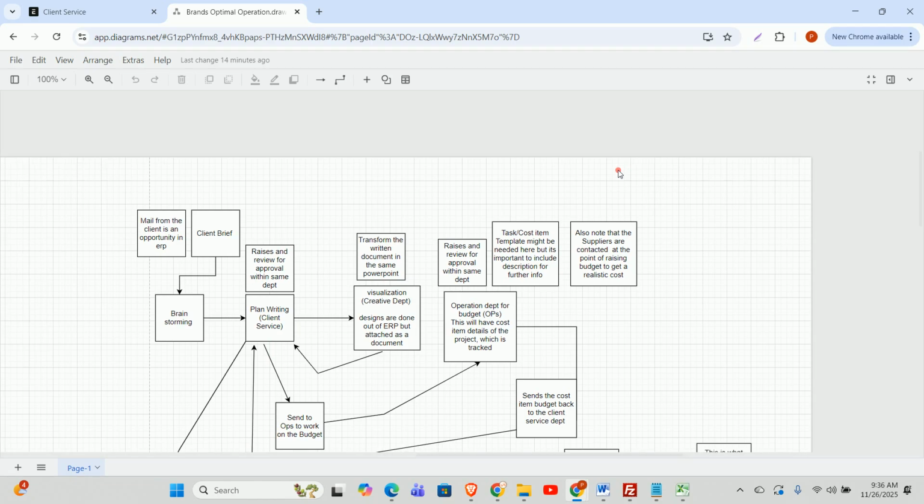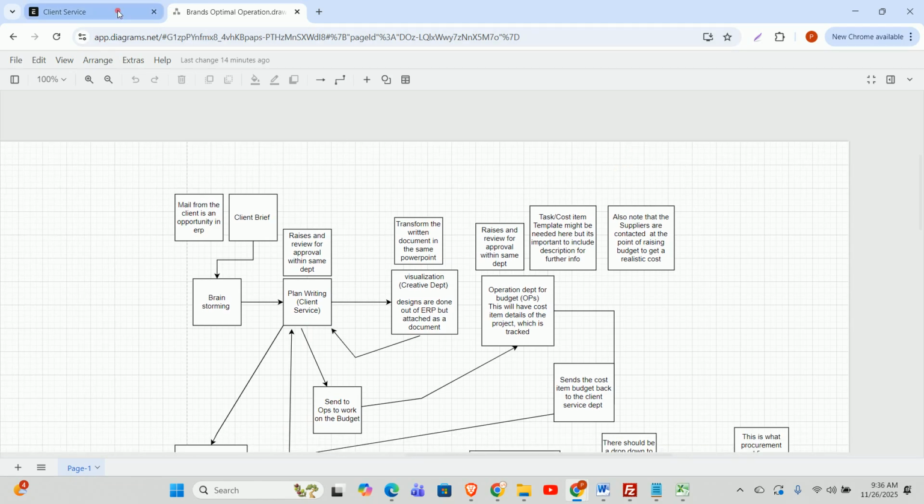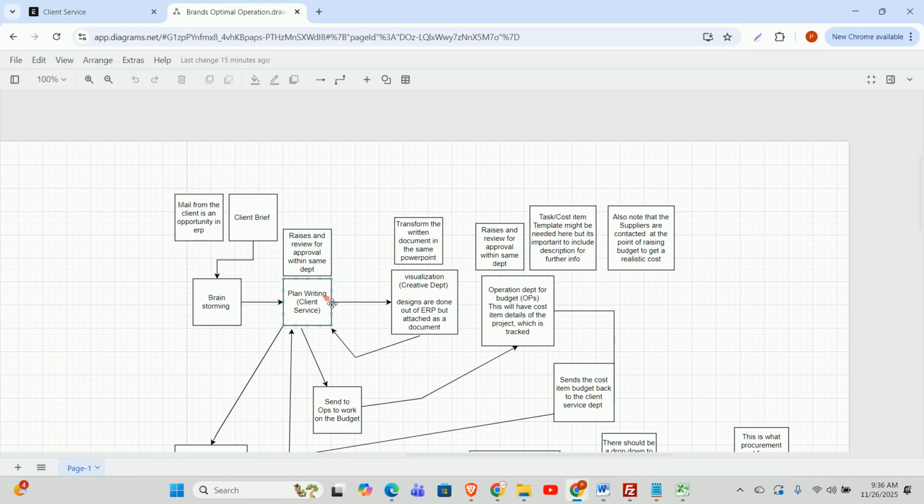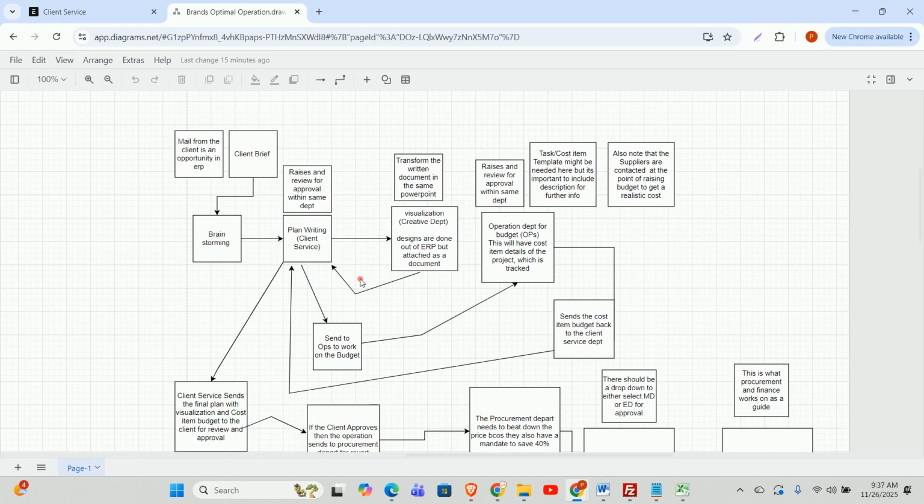So we are going to look at that. Let's go into the application now. There are some workspaces that have been created for each department. Another thing I need to make mention of here: at this level, for every department, for every activity, there